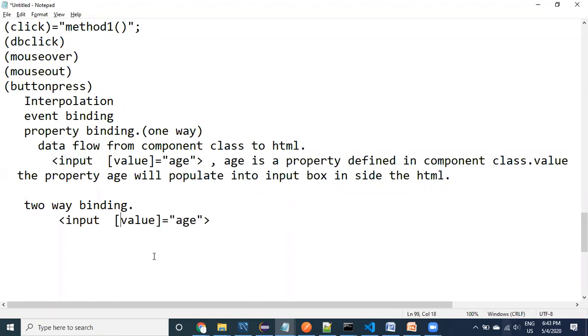Now, to provide two-way binding, what we need to do is, inside the square brackets we have provided, we need to provide value. What is the meaning here, guys?